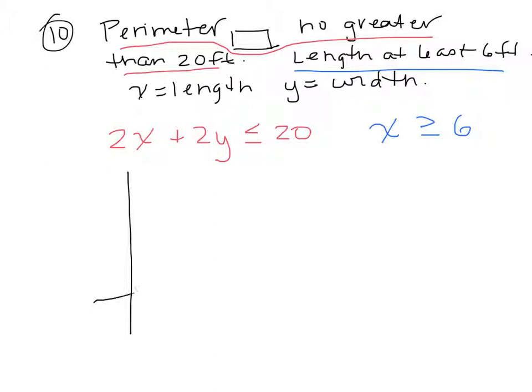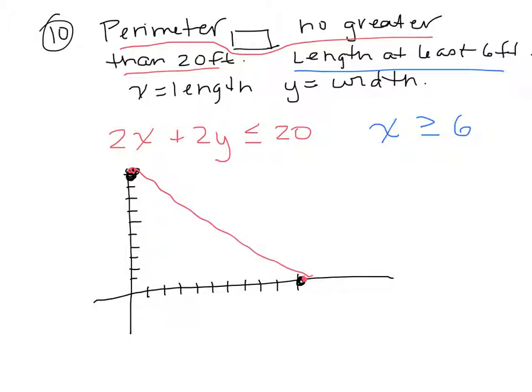It's my hope that you would use graph paper doing this. 2x plus 2y is less than or equal to 20. We would use intercepts to graph that. The x and y intercepts are both 10. Okay, we have a solid line. Should have used red, sorry. We have a solid line because it's less than or equal to,